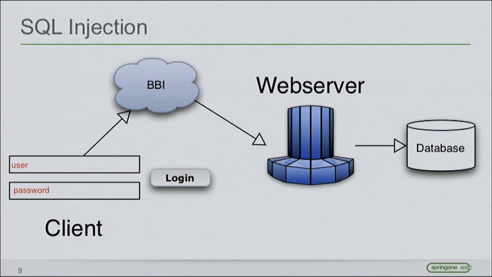So we submit a form to BBI. What is BBI? It's a big bad internet. And it's a cloud, right? Everything is a cloud nowadays. So we submit a form, and it finally goes to our big web server. And then it goes to the database, and we execute that as a SQL statement. So even if you use Hibernate or that stuff, finally it will become a SQL statement. But what happens if we submit something like that?